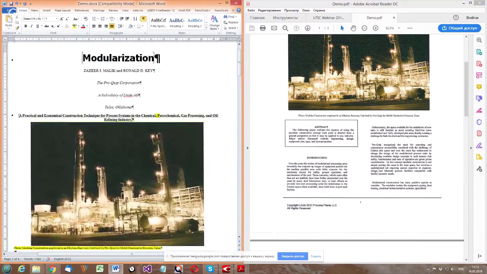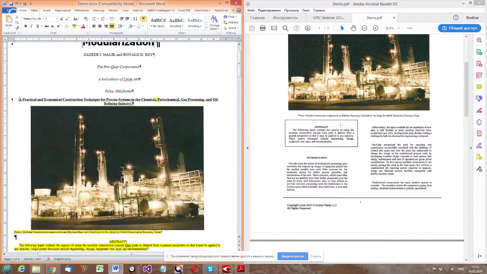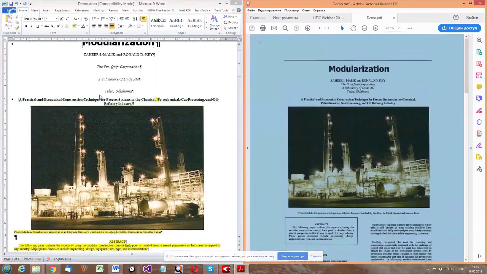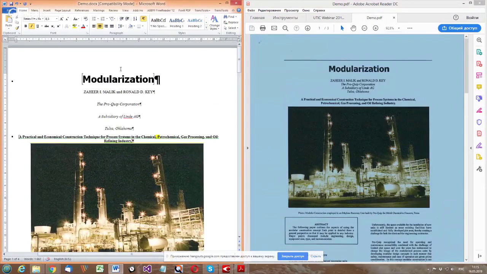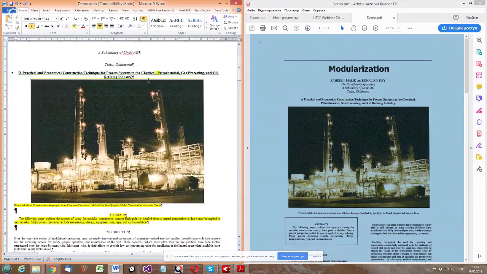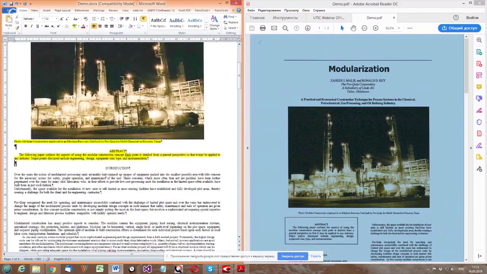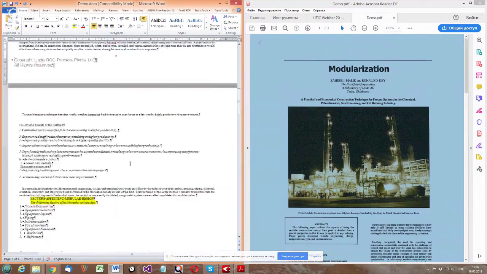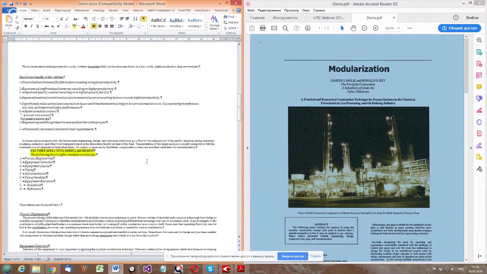Also, when I have text boxes, I need to ensure that the order of the paragraphs in my Word document is correct, because the text which is moved out of a text box could be moved into a wrong spot. So I quickly make sure that the order of the text inside my document is correct, and it seems to be so.